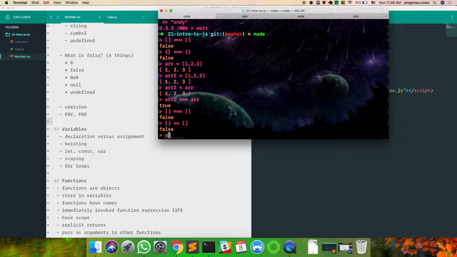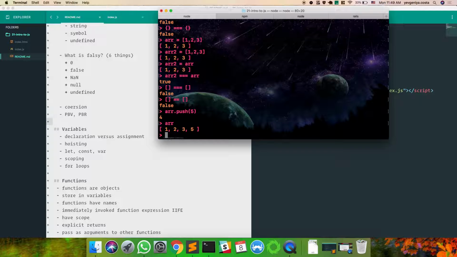So if I were to push something into array, everyone familiar with dot push? It's like the shovel in Ruby, basically. So I'm pushing this into array. So now array is mutated because dot push mutates the thing. Now it has a 5 in it. Should this have a 5 in it too?